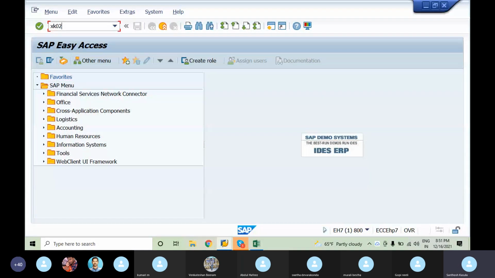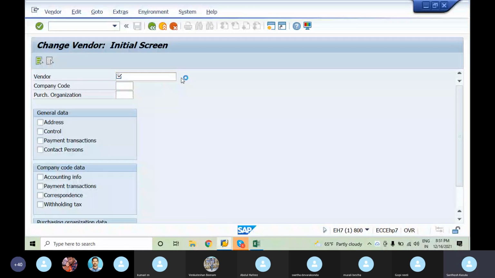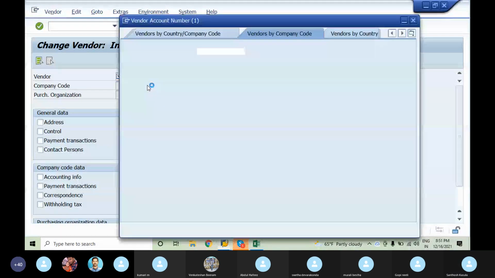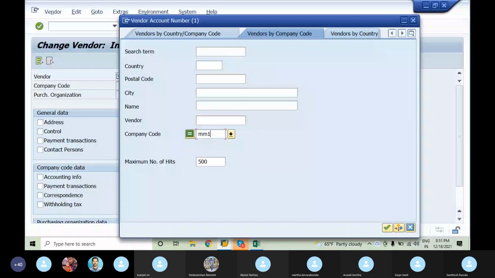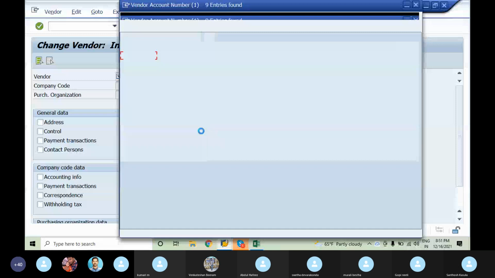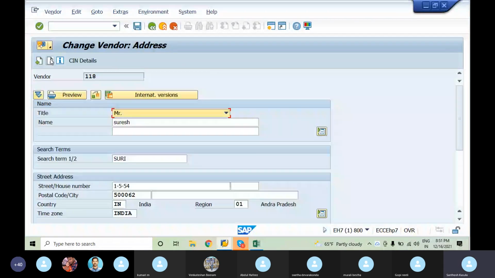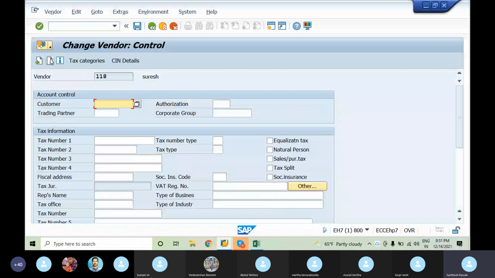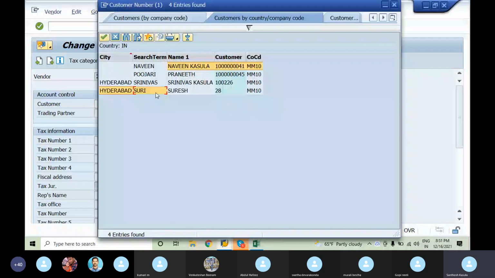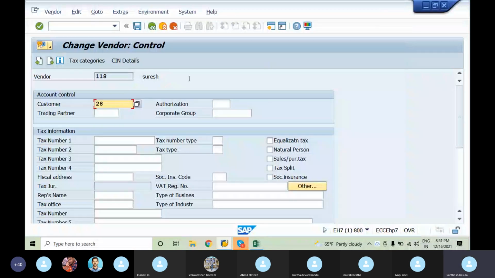This is the vendor master data. I'm selecting the vendor. In vendor master data, there is an option called account control, customer, for when the vendor and customer are the same. So I'm selecting customer number 28 as a customer and vendor as the same.